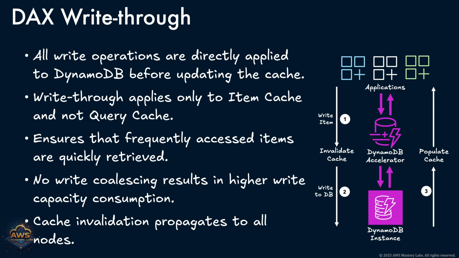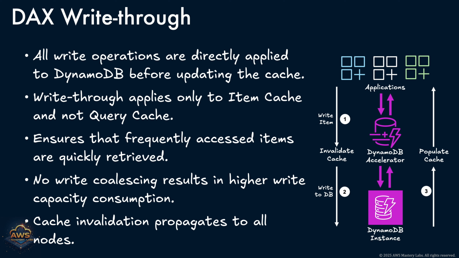To maintain cache consistency across the DAX cluster, cache invalidation is automatically propagated to all DAX nodes, ensuring that stale data is not served from any node after a write. In summary, DAX write-through ensures strong consistency for item-level access patterns, improves performance for frequently read items, and keeps the cache in sync with DynamoDB at the cost of increased write capacity usage. It's a trade-off that favors read efficiency and cache freshness, making it ideal for applications where real-time access to updated